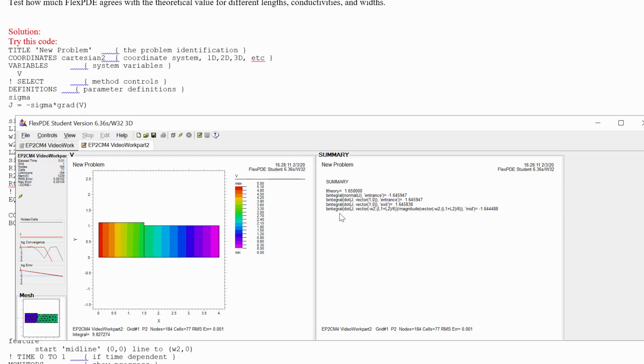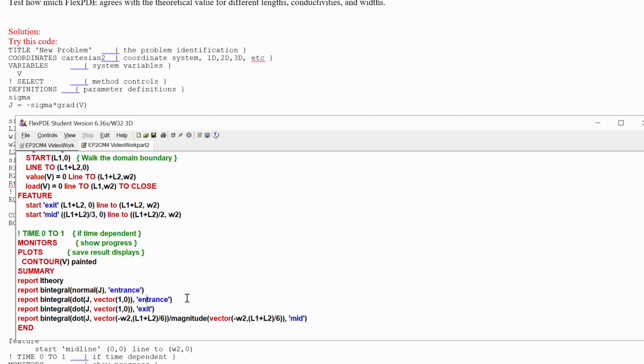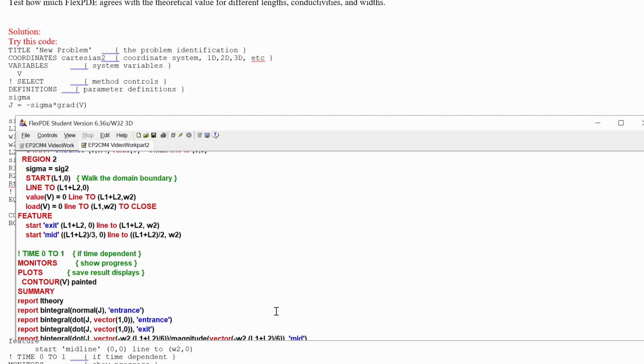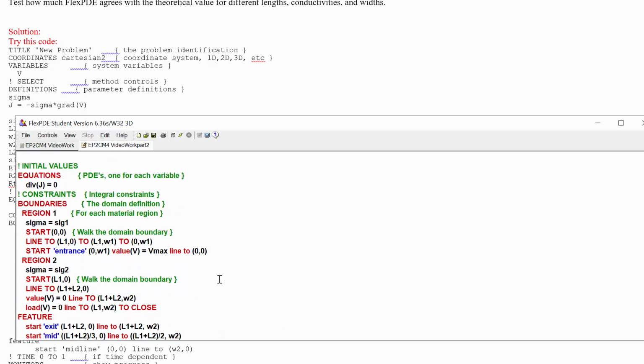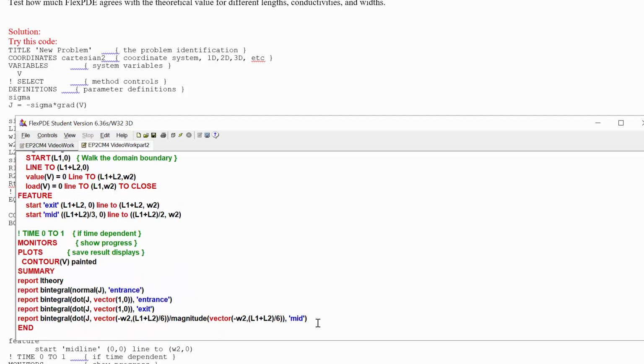Okay, so that's the total current, but the other things that we're going to need are not just the total current that's going through this, we also want to check the voltage divider. So for a voltage divider, we're going to need to know what the value of voltage is at the midpoint. Let's see, how can we compare this? Well, we can